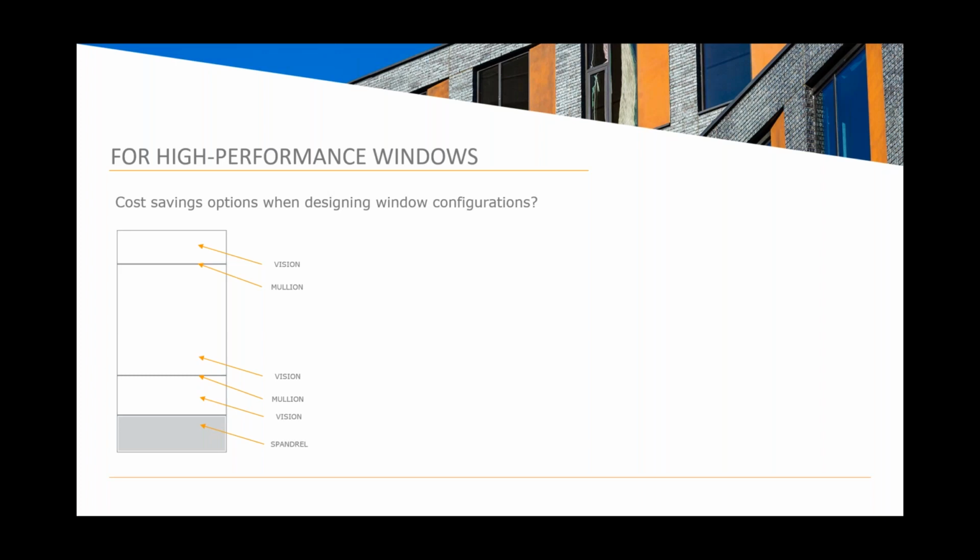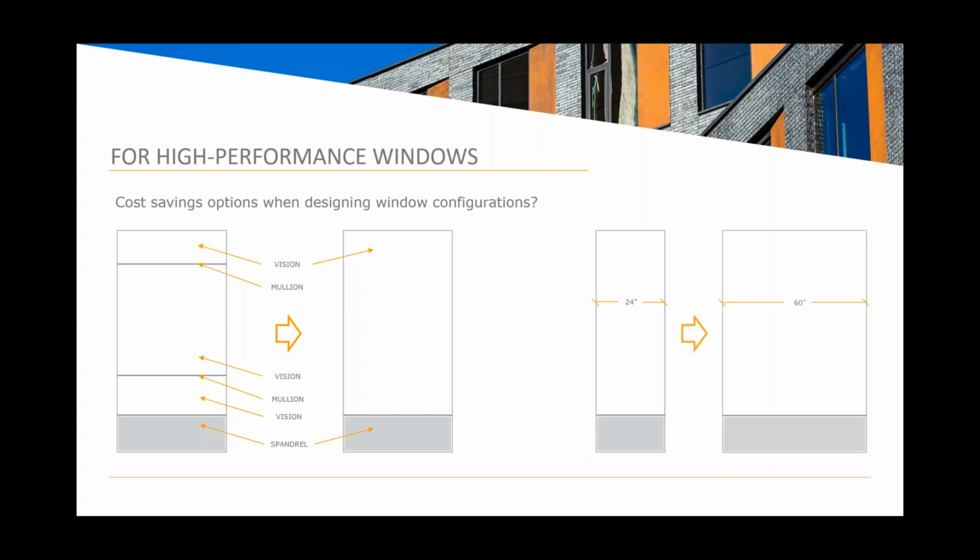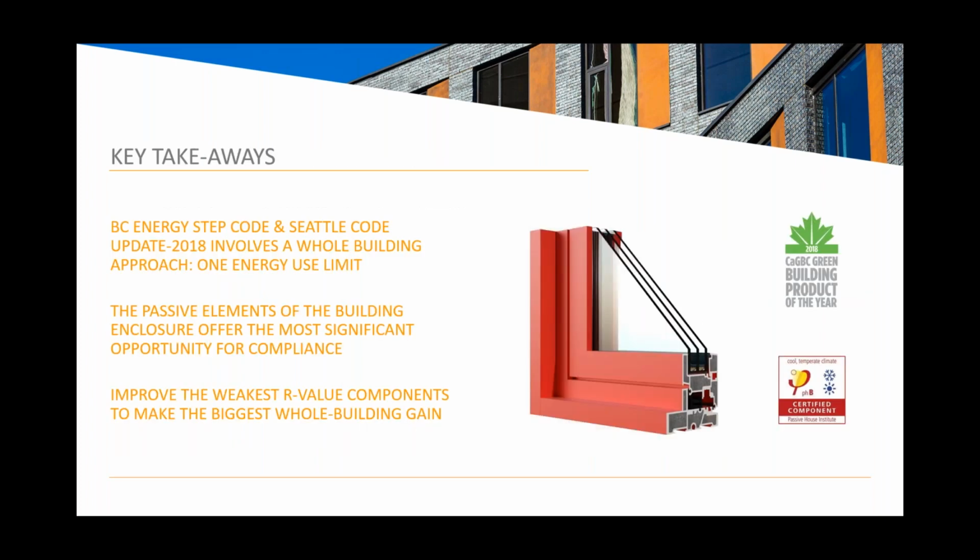Cost savings when designing a window. So how do you get high performance with a modest cost? There are some tricks, and one of them is simplicity, just reducing the complexity previously maybe required for strength that isn't required anymore due to technology improvements. Simplifying that complexity reduces the cost, and then spreading the cost over a larger square footage. So larger windows are actually cheaper per square foot than smaller windows.